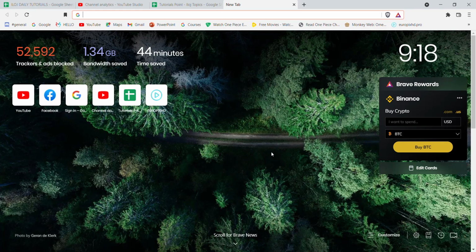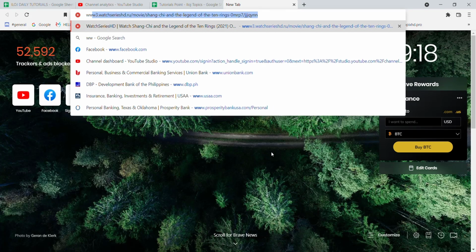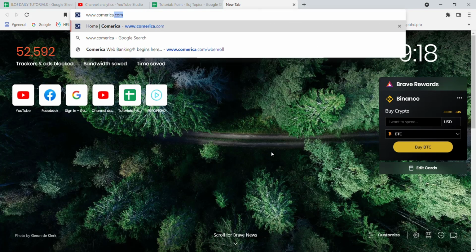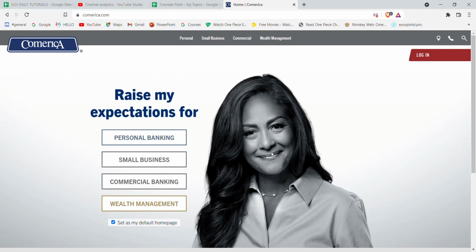First of all, make sure that you're connected to the internet. Once you made sure that you're connected to the internet, open up a web browser. Now, once the web browser is open up on your screen, type in www.comerica.com and hit enter. After the home page of the Comerica Bank opens up on your screen, on the top